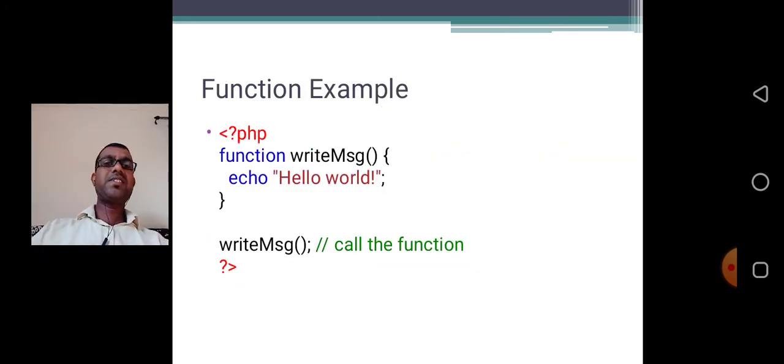Here is a simple example of how to define and call a function. Here is the function keyword and some function name like writeMessage, echo is used to print something, and here the writeMessage call is used to call the function outside the function body.